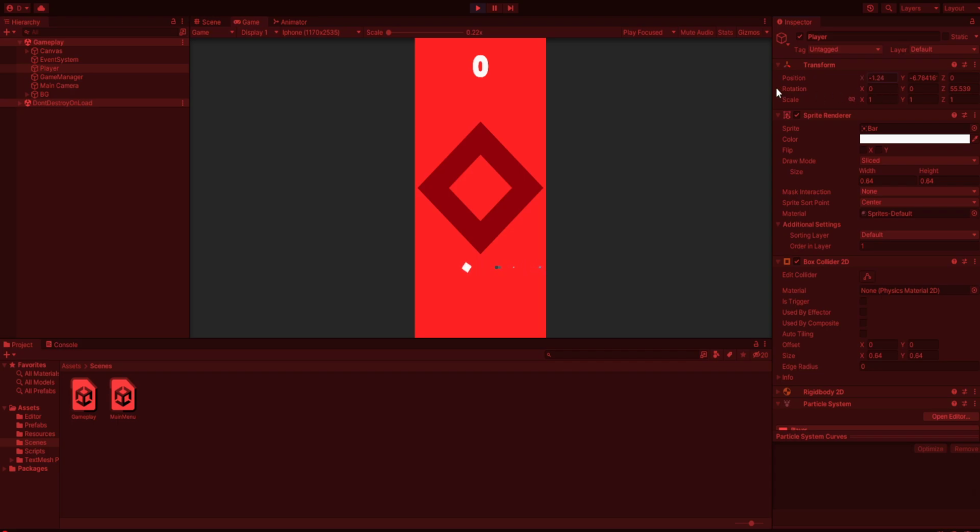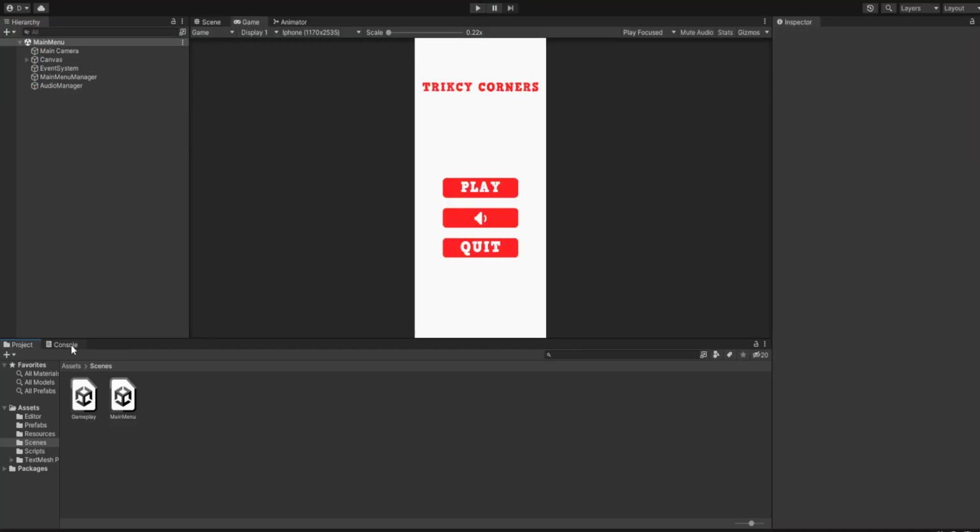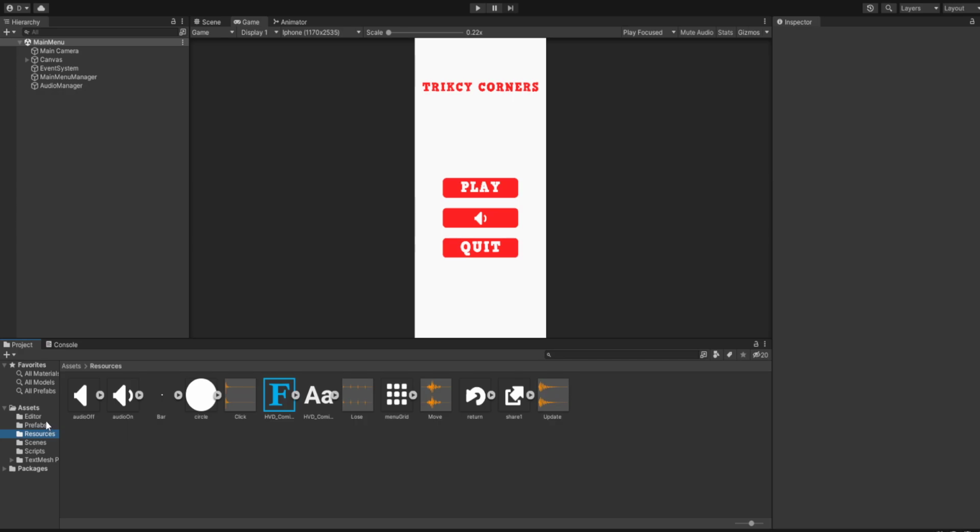I don't know why it's rotating, but it doesn't matter. Gameplay could not be loaded. So everything's working perfectly fine. There are not any problems except for our